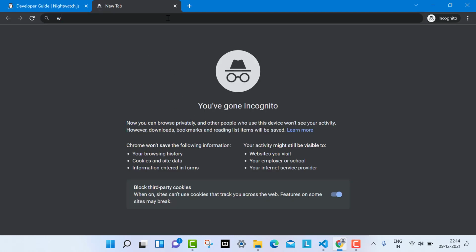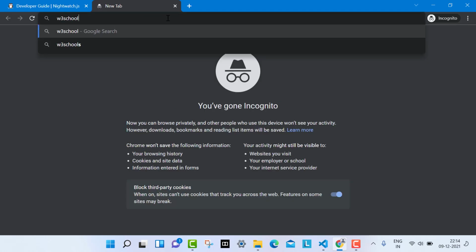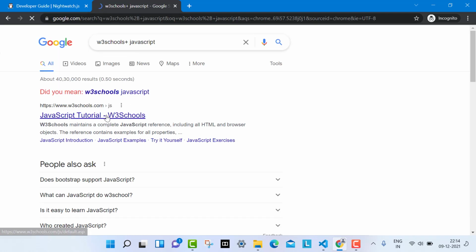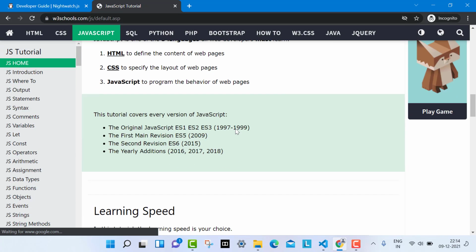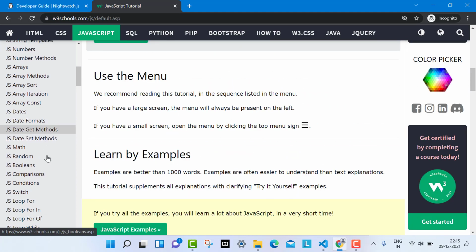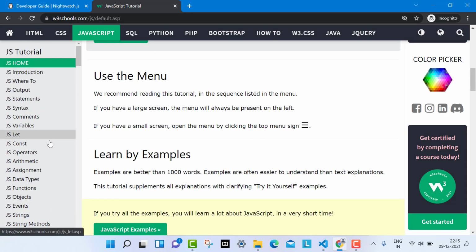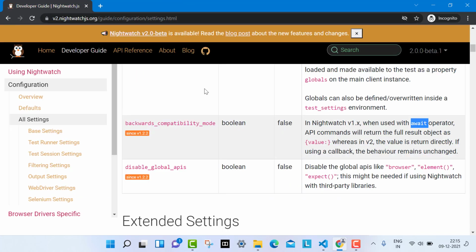Go to W3Schools plus JavaScript, and here you can find a very good JavaScript tutorial. You can learn a lot from here, because if you have to work on Nightwatch, you should know about JavaScript and Node.js. I will give you one link also from YouTube, where one YouTuber has a very good JavaScript tutorial. I will give the link in the description.